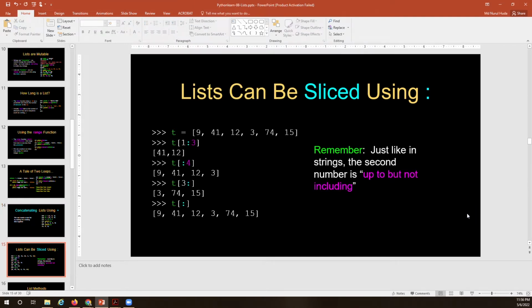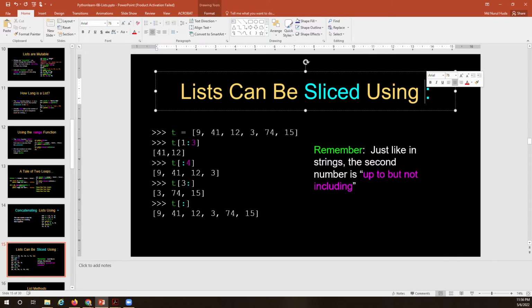Alright, we can slice or cut into pieces. We can cut a list into pieces or slice a list. To slice a list, we need to use the colon. Before the colon, you can have a number, and after the colon, you can have another number. So you say the list name in square brackets, you use a colon, and then before and after the colon you can use two numbers. For example, here